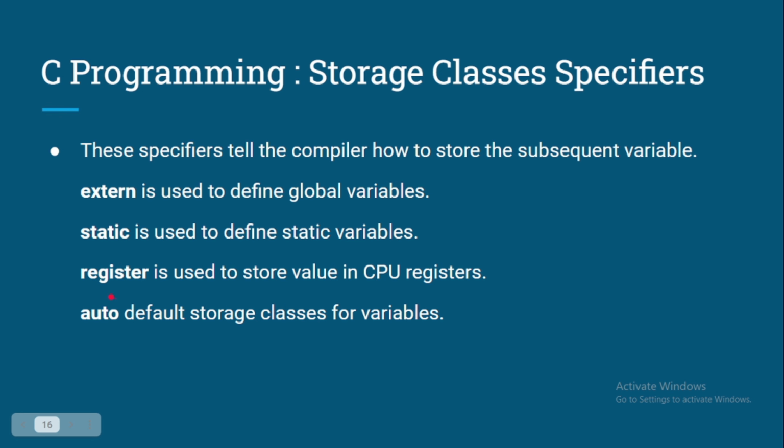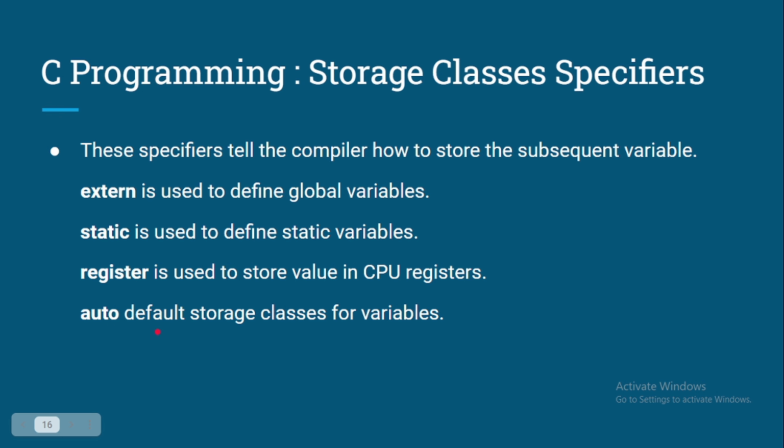So what is register? Register is used when we store the value of a variable in a CPU register. Why in a CPU register? Because execution from the CPU register is very fast, and for a value which we want to pull again and again, we cannot put it in memory or on a hard disk, so we directly save that value in a CPU register and use it. And auto is basically the default storage. The local variables which we use in functions go into this category, auto by default.